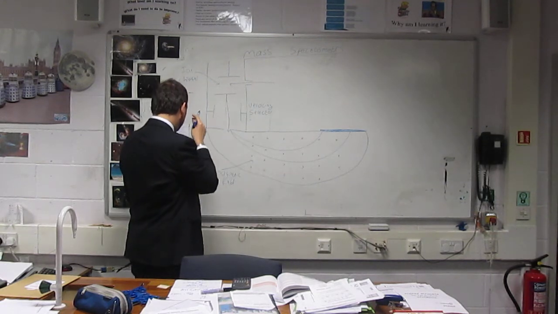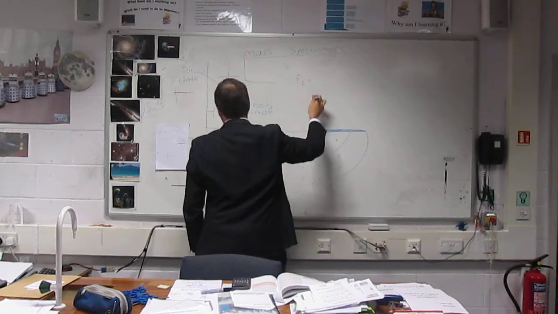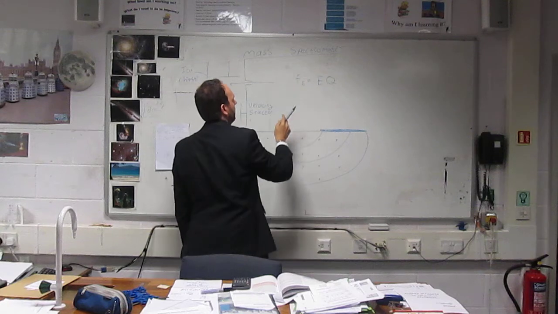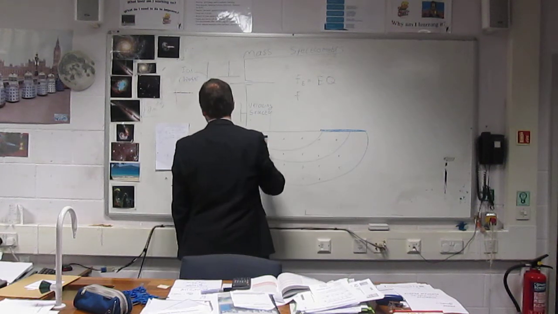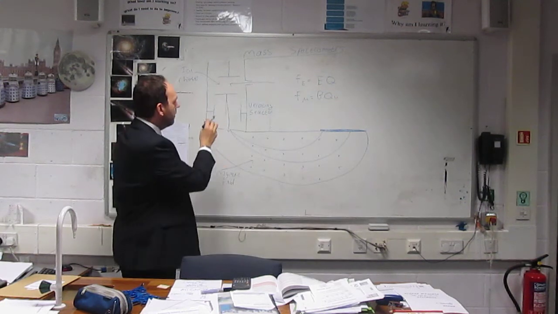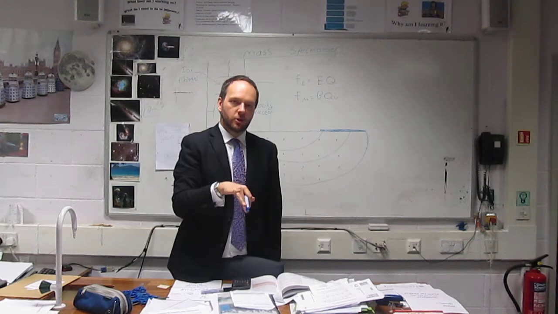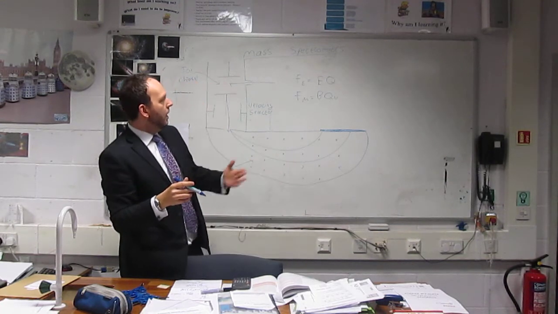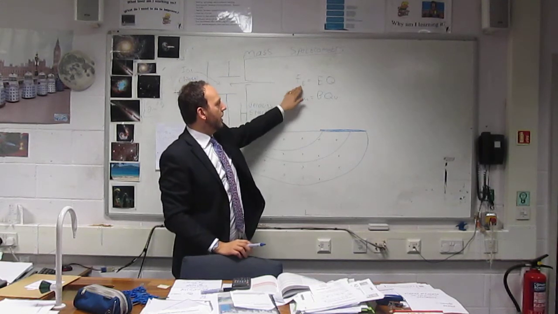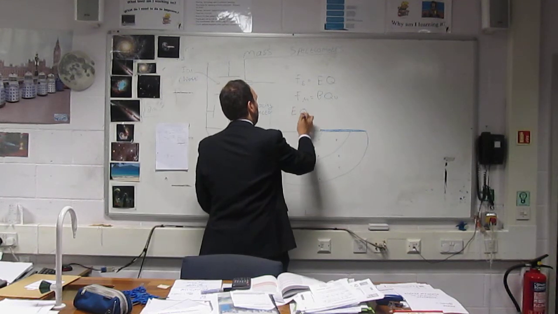In the velocity selector we have an electric field. We remember the equation for that was Fe is EQ, so the force due to the electric field is electric field times charge, and we've got the force due to the magnetic field, which is BQV. In the velocity selector they set up an electric and a magnetic field at 90 degrees to each other, so that the particle wanting to change direction because of the magnetic field is balanced by it wanting to change direction because of the electric field. And that ends up with us having EQ